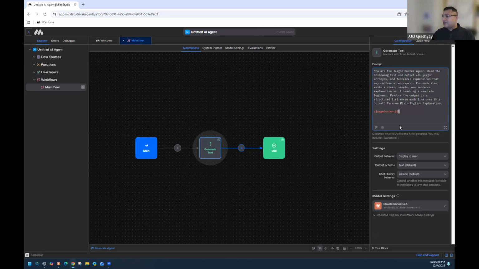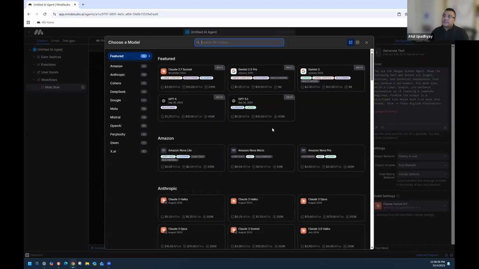I'm going to just look a little bit more here. I don't need to play around with any of the settings. The use case is very simple. And then in the model settings, by default, the AI model, the LLM that's coming here is Claude. Why don't we change this, because the previous one we ran on that. So let's try something different here.